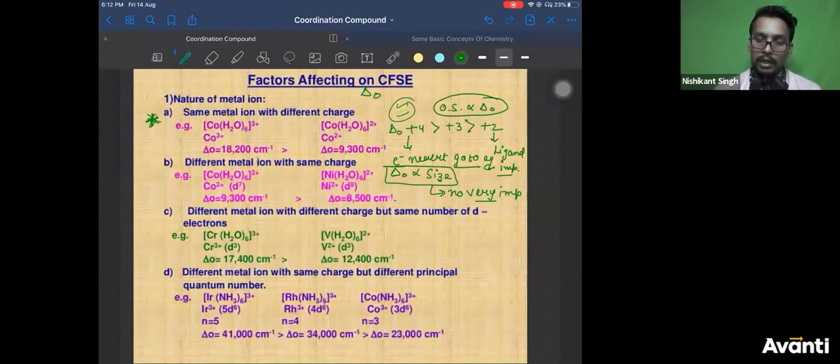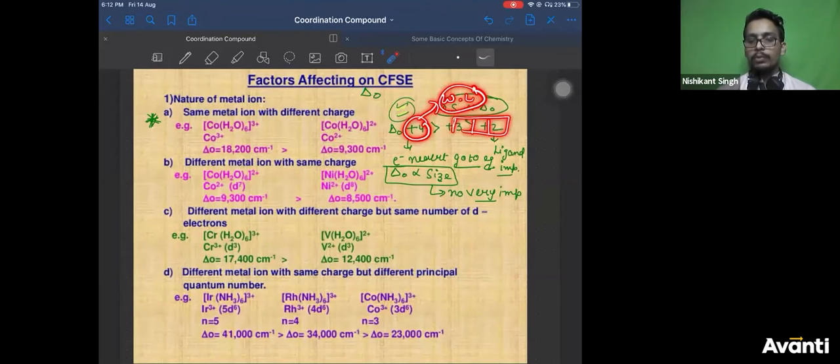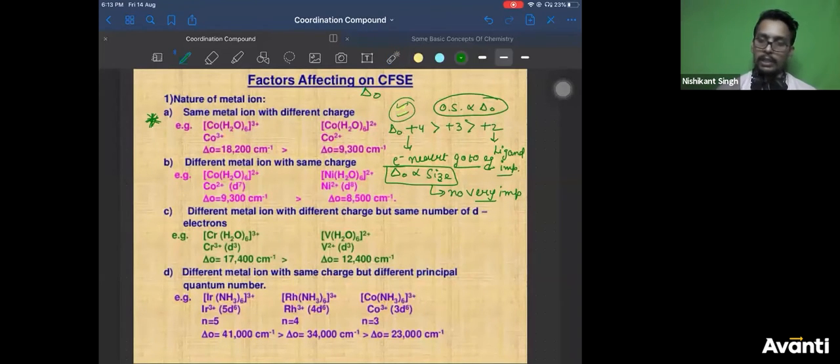Yes, Athar. That means in +4, even if you use a weak ligand, pairing will still occur in T2G. That is the meaning of it. In +4 a weak ligand also puts the electron in T2G because delta O value increases a lot. In terms of percentage, from here to here it increases 25%, from here to here it increases 50% in delta O values. The second is indirectly related to the first.